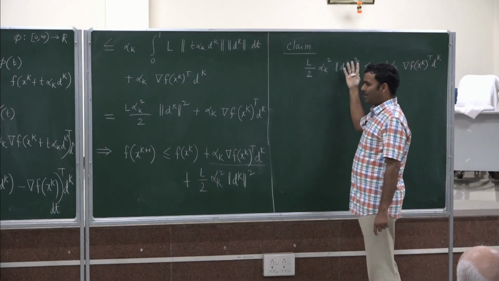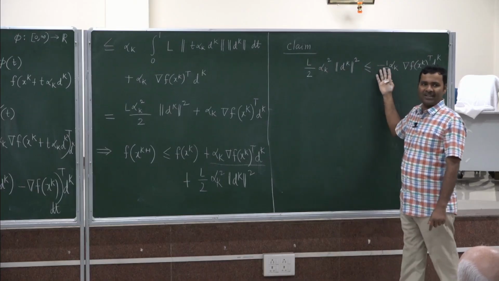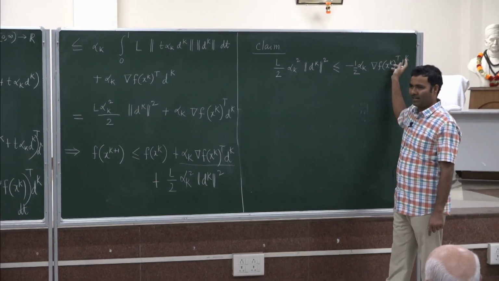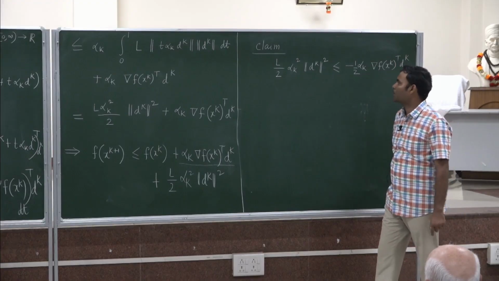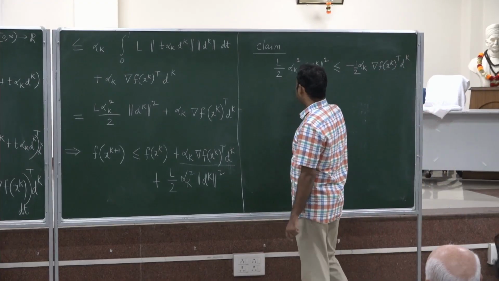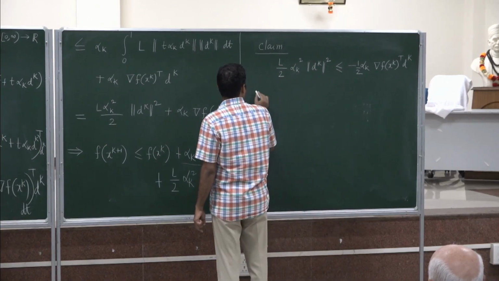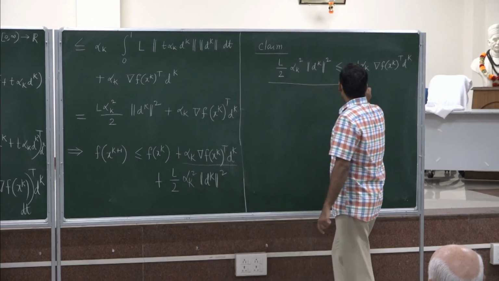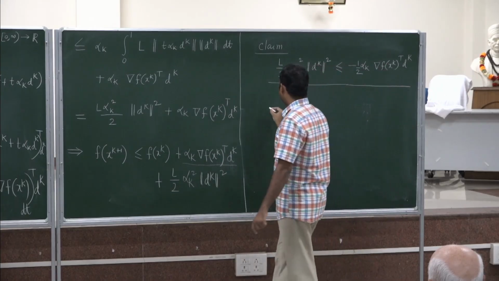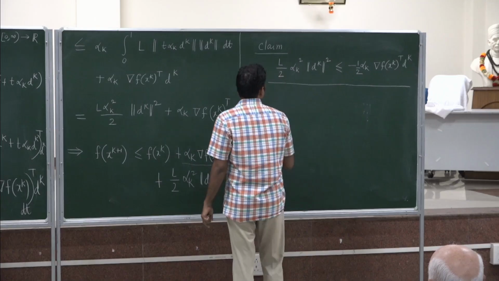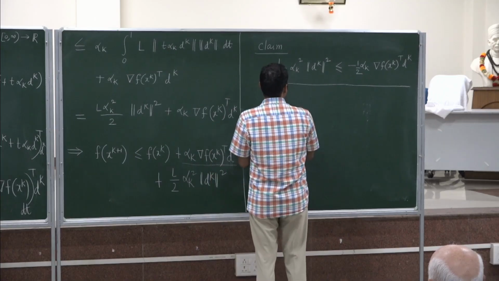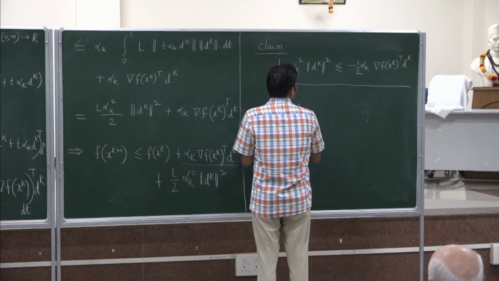We should not have any doubt, here is a positive quantity, we may feel like it is less than equal to negative. It is not the fact because dk is a descent direction. Fine, we claim this one and this claim is indeed true. Why? The reason behind it is as follows. This is actually equivalent of the claim that we have